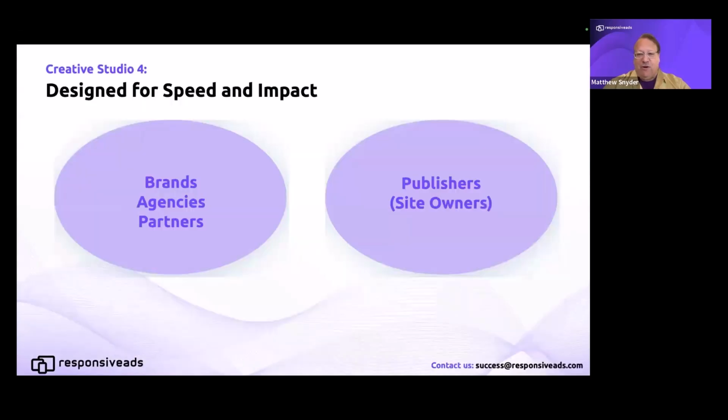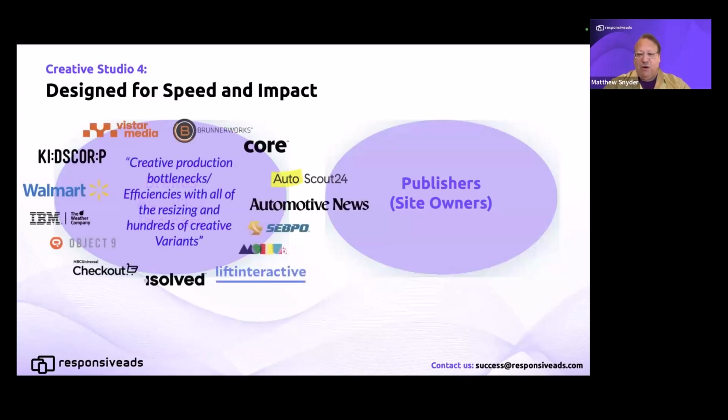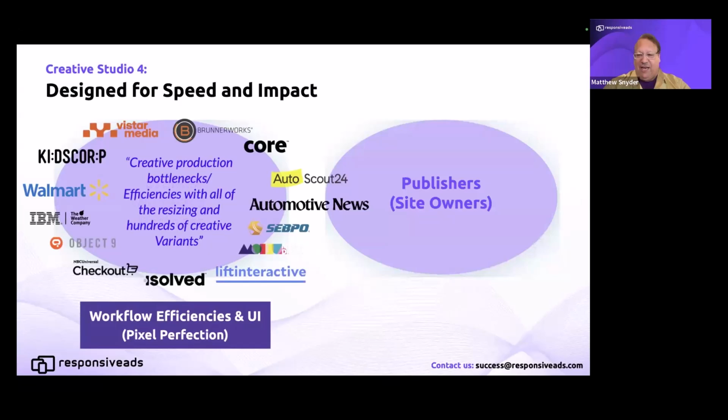Creative Studio 4, or as we say, CS4, set out to solve two problems that affect brands, agencies, and publishers: the pains of ad production efficiencies, as well as reducing the costs and hurdles to bring innovation at scale to their audiences. To start out with, workflow efficiencies and UI. From resizing, to setting up variants, and deploying omnichannel with the same creative,